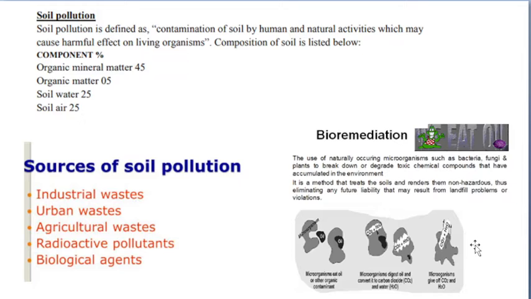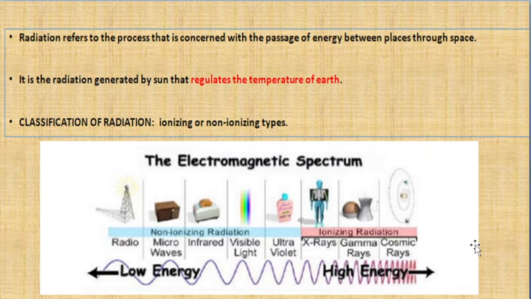Next come to radiation pollution. Okay, so radiation pollution nowadays affects a lot, and its quantity has also increased up to many folds. Okay, so radiation refers to the process that is concerned with the passage of energy between places through space. Okay, this is radiation. So it is the radiation generated by the sun that regulates the temperature of earth, isn't it, my dear students? Are you listening or sleeping? Okay,